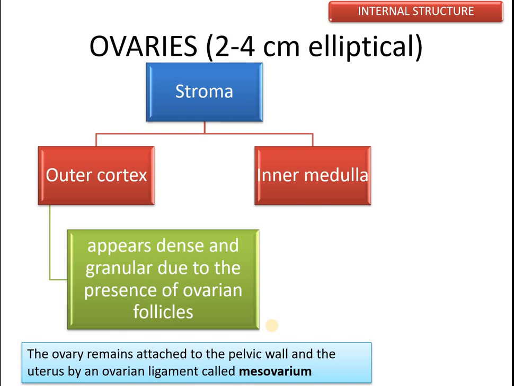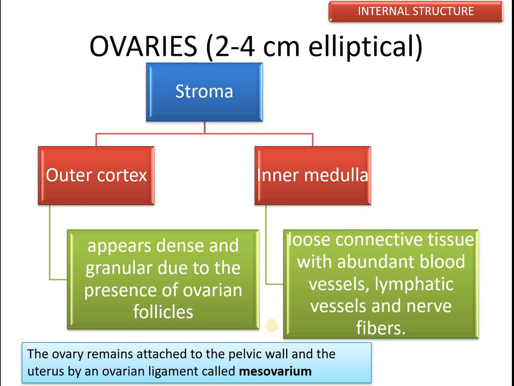The outer cortex appears dense and granular due to the presence of ovarian follicles, and the inner medulla contains loose connective tissues with abundant blood supplies, lymphatic vessels, and nerve fibers. The ovary remains attached to the pelvic wall and the uterus by an ovarian ligament called mesovarium. Student, you remember this one, mesovarium. What is mesovarium? It is a ligament that connects